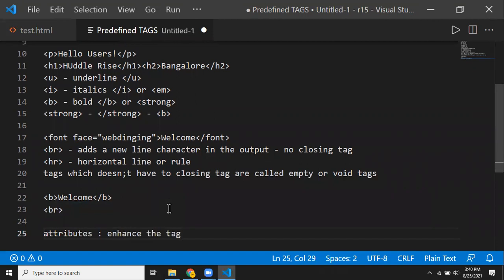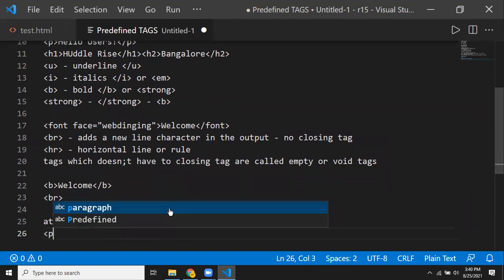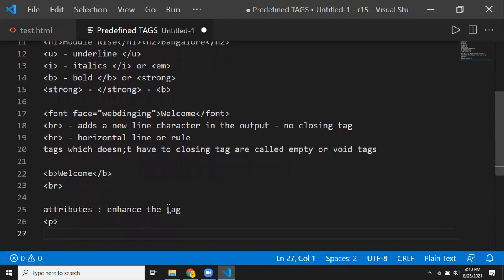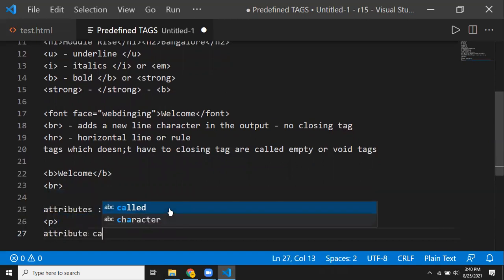For example, let us say I have a paragraph tag. For the paragraph tag, I have an attribute called align. This align attribute changes the way the data is going to be displayed.